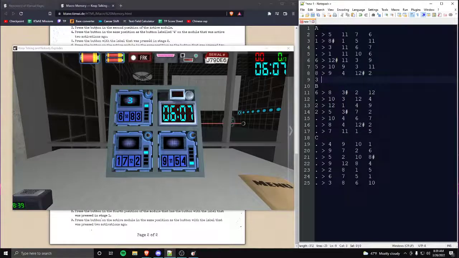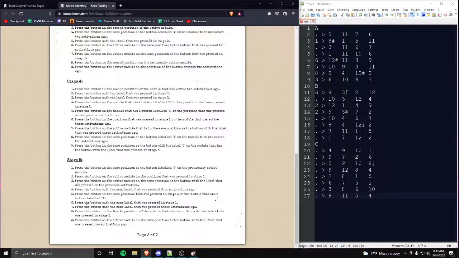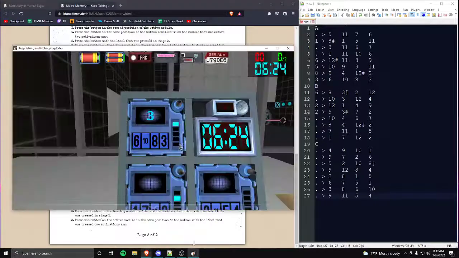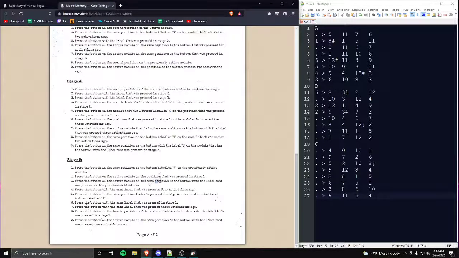Okay, now we have a 3 with 6, 10, 8, and 3. Nothing with 1, 7, 12, and 2. Nothing with 9, 11, 5, and 4. Stage 5, display 3. Press the button in the active module, which is this module, in the same position as